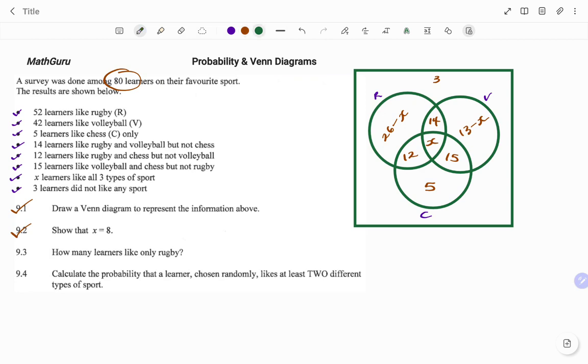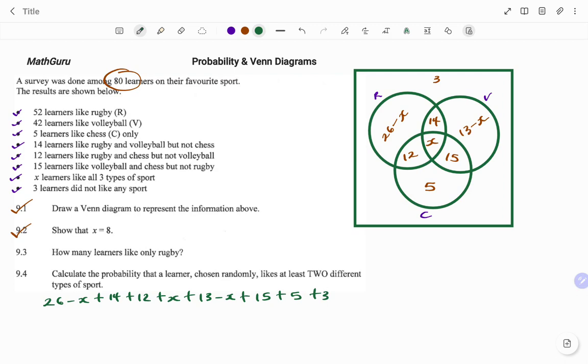So therefore, if I add all the numbers in my Venn diagram, I'm going to equate that to 80. So I have 26 minus x plus 14 plus 12 plus x plus 13 minus x plus 15 plus 5